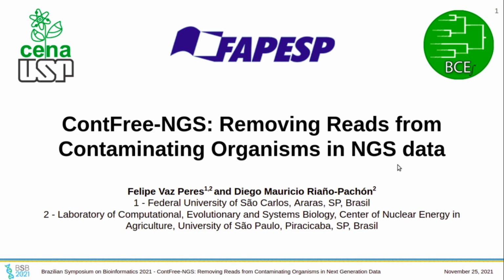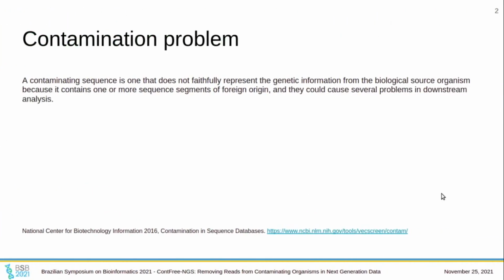To start this presentation, I would like to introduce the problem of contamination in public datasets. As defined by NCBI, a contaminating sequence is one that does not faithfully represent the genetic information from the biological source organism because it contains one or more sequence segments of foreign origin, and they could cause several problems